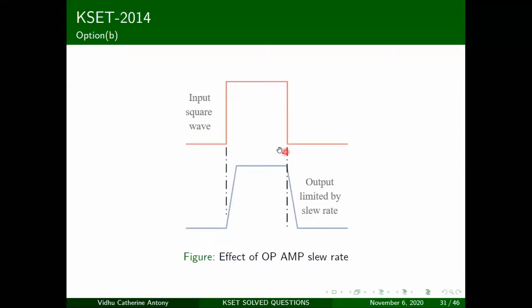Now, this is a square input wave. So you can see that the output is a little bit distorted, because the basic idea is that the slew rate causes this distortion. Okay. So if your slew rate is smaller, you're going to get this perfect square wave output. But if you have a bigger slew rate, then it's going to be distorted even more. So if your slew rate is bigger, it's going to be something like this, maybe like that.